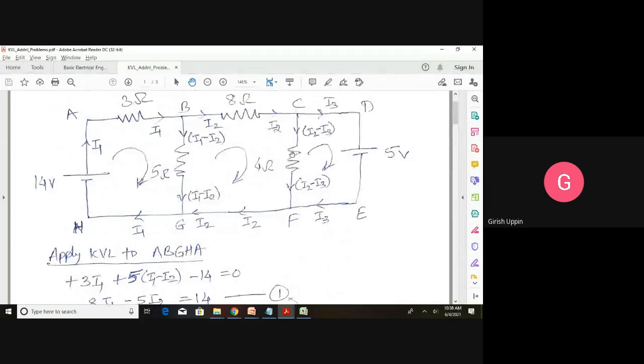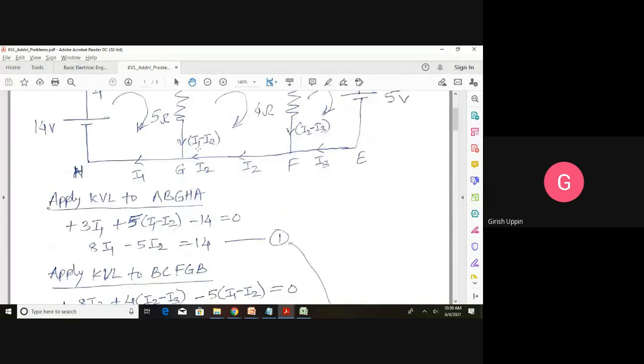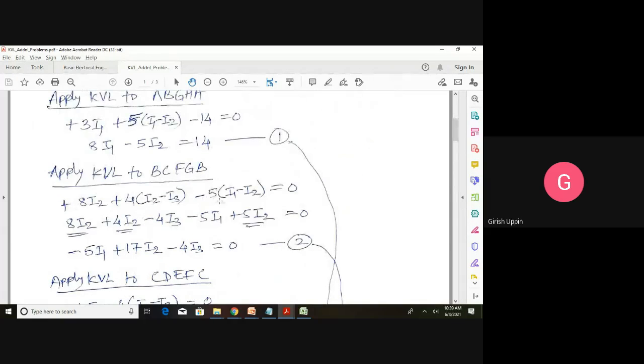Then we come to this side. There is no resistor here. Then we have one more resistor here. First observe that the direction of the current is like this, and the direction of tracing is like this. Both are opposite, so this drop is going to be negative. What is the current flowing in this branch? I1 minus I2. So the voltage drop is minus 5 into I1 minus I2, equals 0. We come back to the original node, and with no EMF sources, it comes as 0.